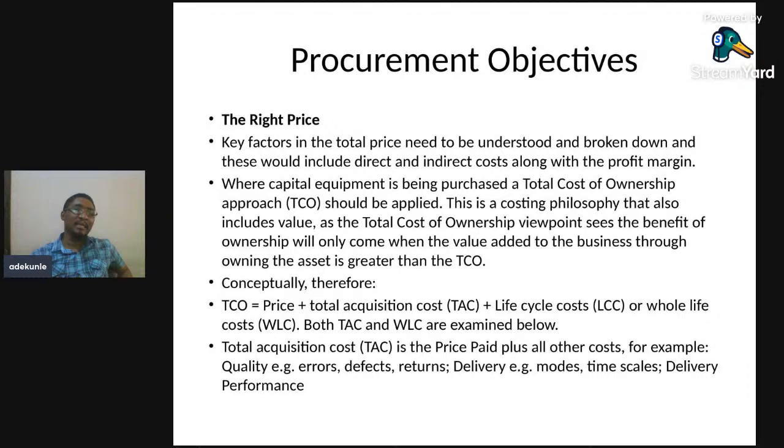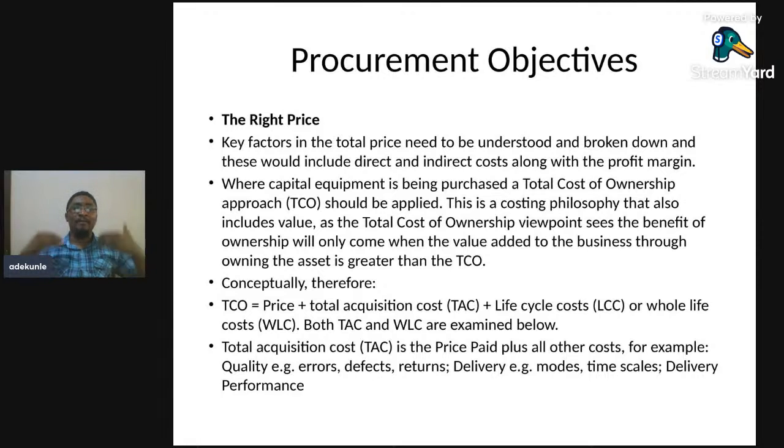What it is saying generally is that a car can be sold, for instance, for 1 million naira, and another car sold for, let's say, 1.5 million naira. Now, you won't decide based only on the price at which you are buying it. You look at the total acquisition cost, which is 1 million naira,